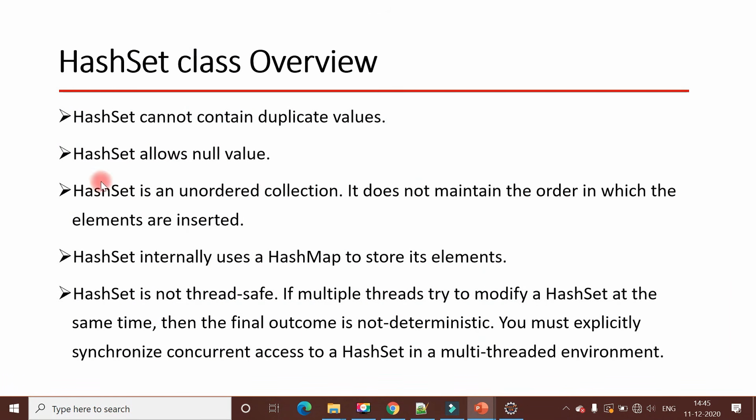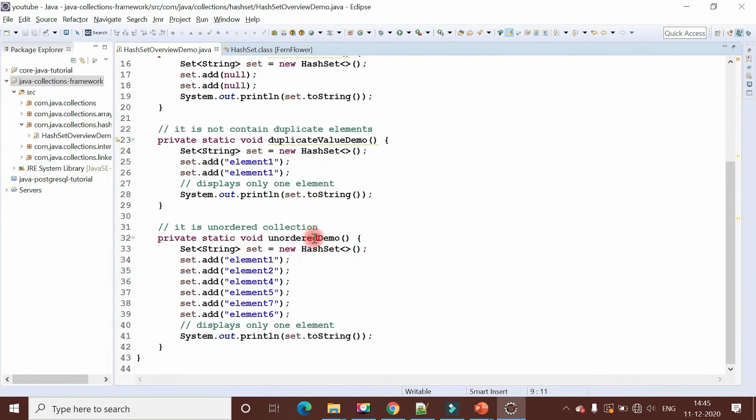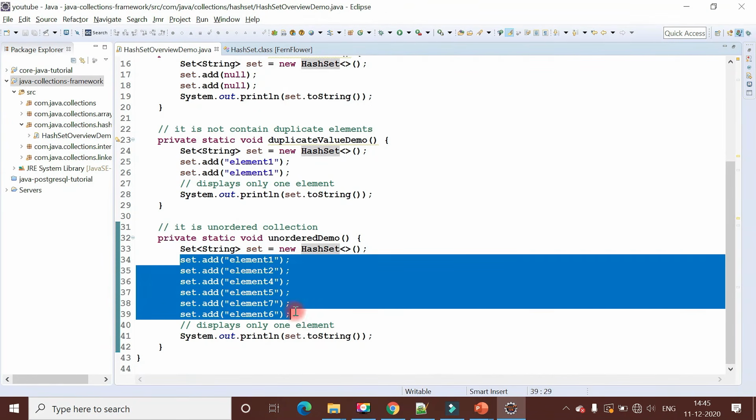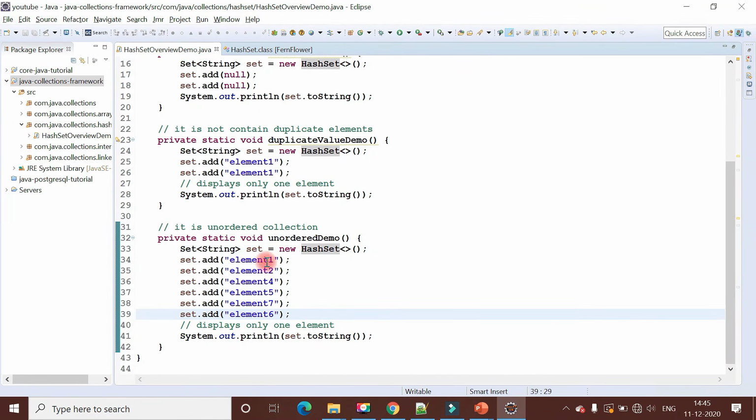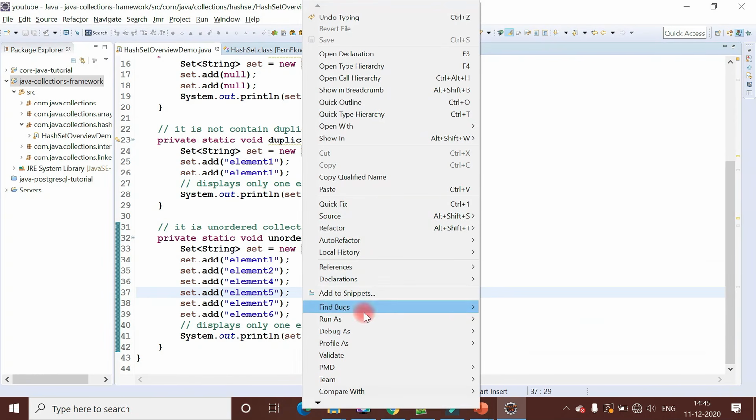Let's take a look at the next point. HashSet is an unordered collection. It means that it does not maintain the order in which elements are inserted. Let me demonstrate this point with an example. Look at here, I have created a method unorderedDemo. This method demonstrates that HashSet does not maintain the order. I have created a HashSet object and added a few elements to it, and look at the order here: element 1 2 4 5 7 6. If I run this program,